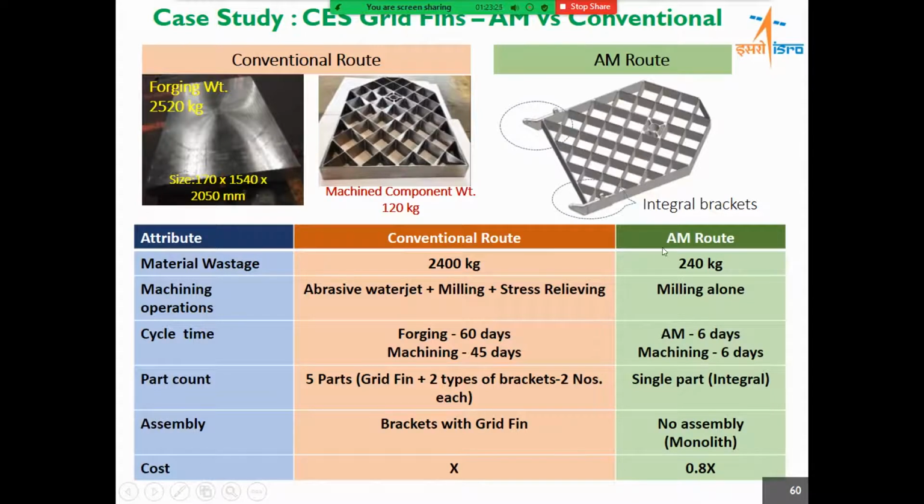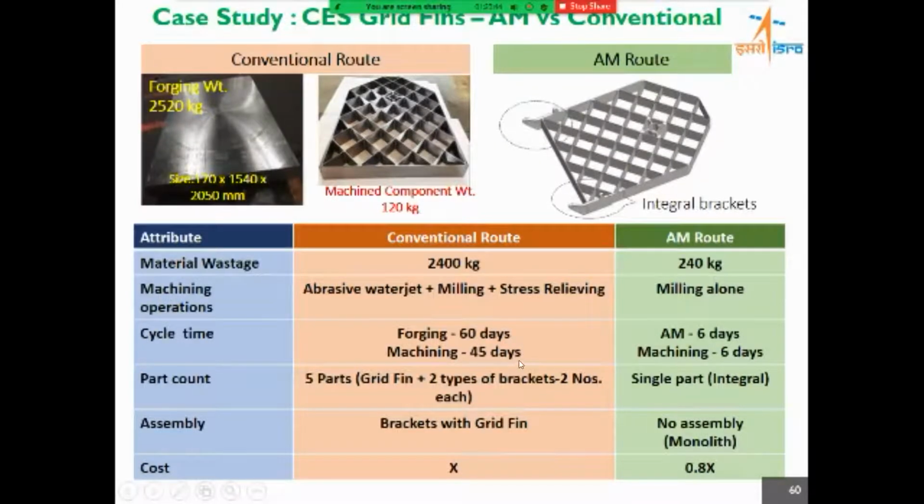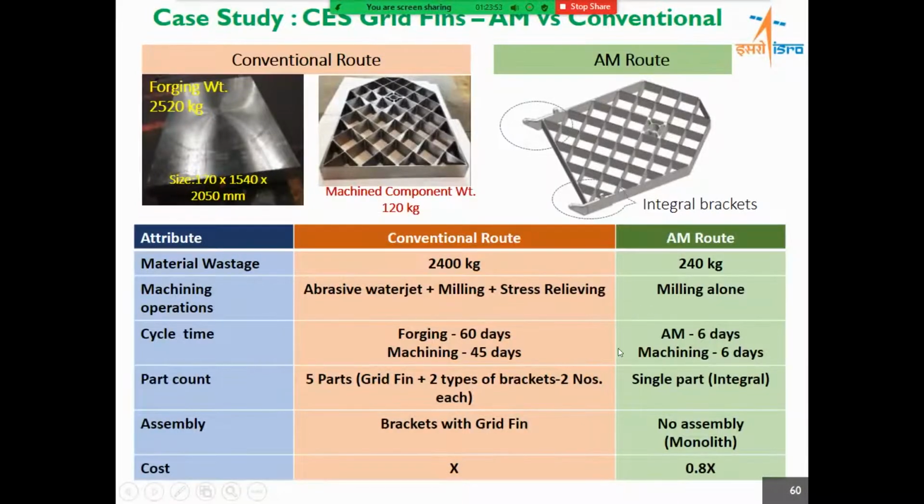And even if you make this through the 3D printing route with some stock, so that you can realize the near net shape component, it weighs only 240 kilograms. So you can see what the material savings are here. And the cycle time for this conventional route is 105 days, because for machining you need to do stress relieving by leaving it naturally for a time period of say 10 days after carrying out some machining. So here the cycle time advantage is also there, and the part count reduction we'll also be able to do